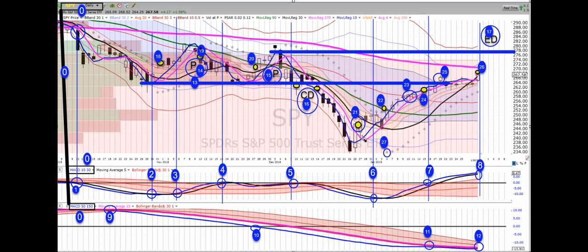The dragon crossing the baby dragon inside here. Here's the close above the dragon, which we know is good. Here's the RLXD. Here's just about an owl entry inside here because the dragon is rolling up. The 30 has started to roll up. If your owl entry is going to be anywhere inside here, but I like crossing the 90. That's 22. 23 in this blue circle, which is a successful P1 because it got to the Bollinger Band mean